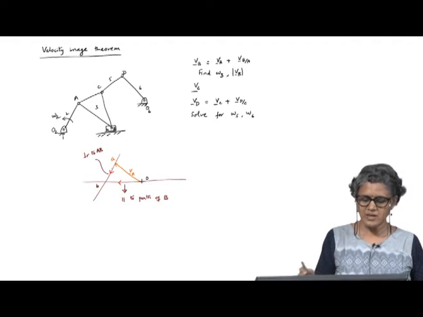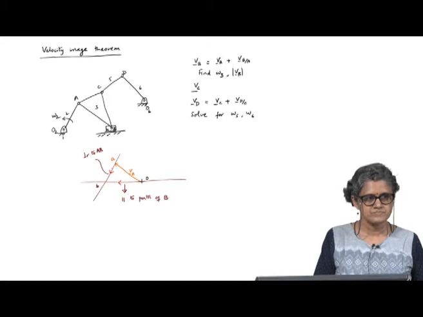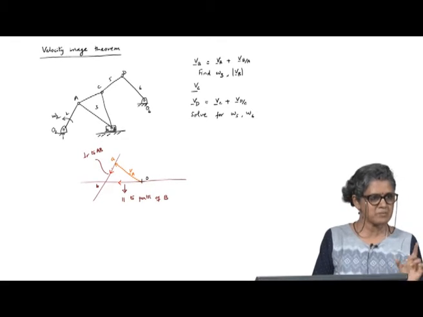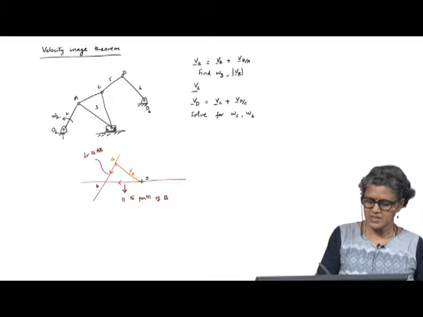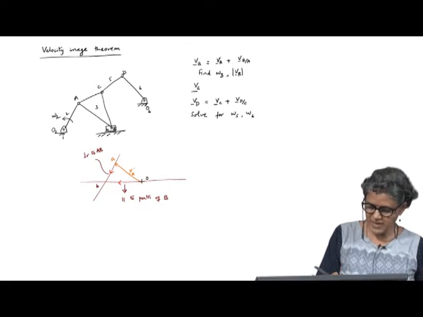Okay. From here I know omega 3, right. Omega 3 is AB by the length AB. So, if you look at this triangle, okay, then now if I want to find the velocity of C, I have